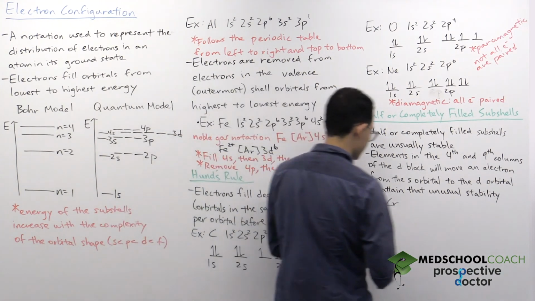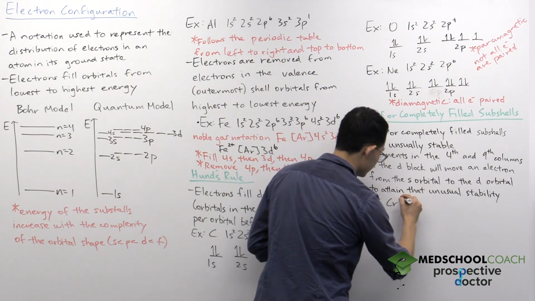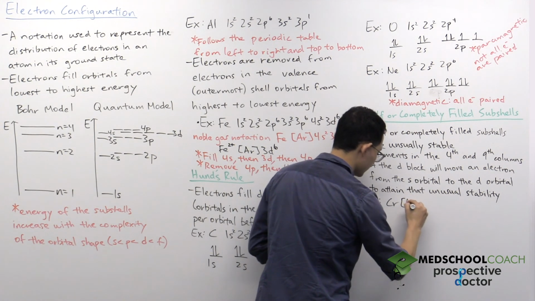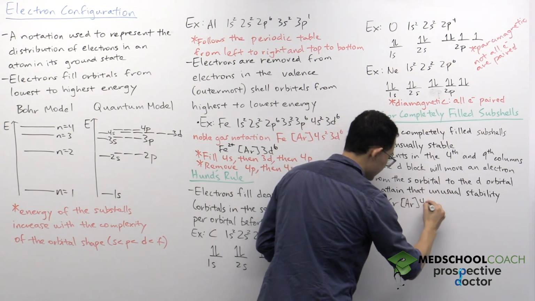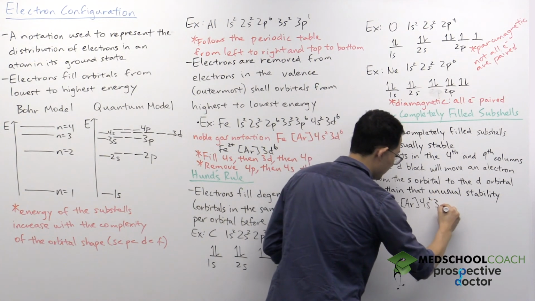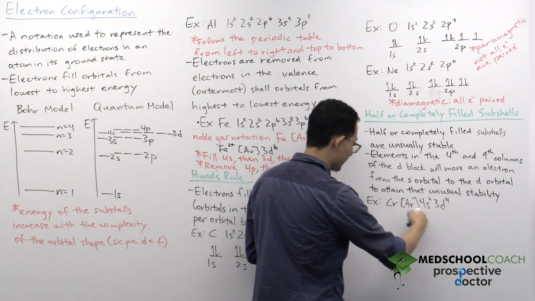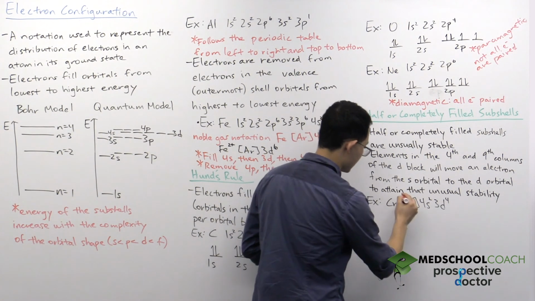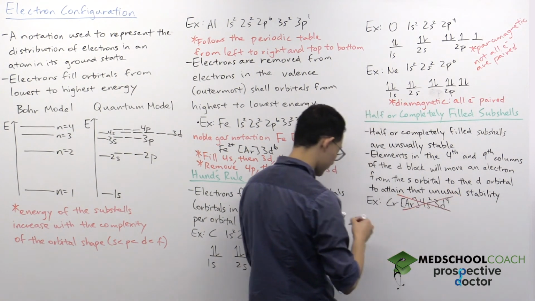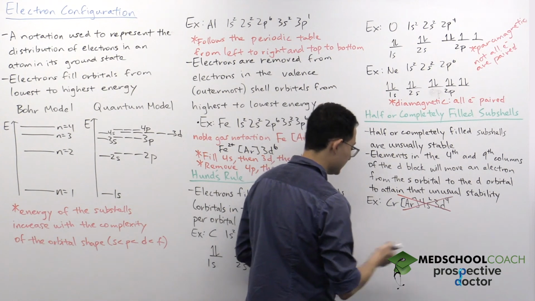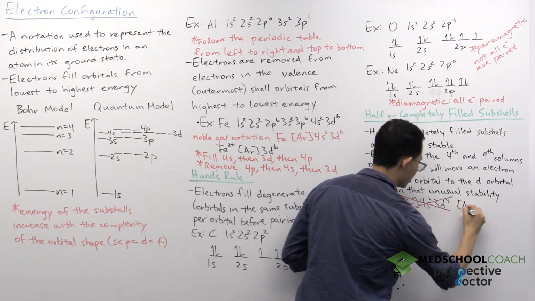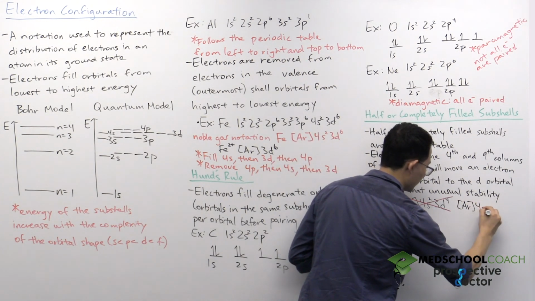So what chromium is actually going to do is it's going to move an electron from its 4s subshell into its 3d subshell to get that unusual stability. So that means this configuration you would get from the periodic table is incorrect, and the actual one is argon 4s1